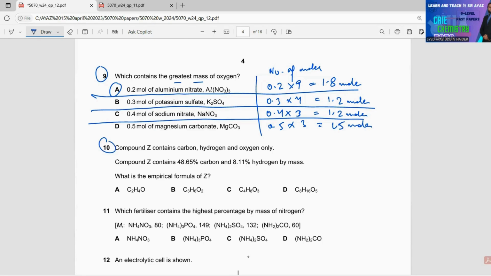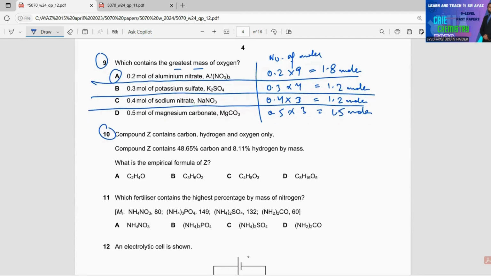Number 10. Compound Z contains carbon, hydrogen, and oxygen only. Compound Z contains 48.65% carbon and 8.11% hydrogen by mass. What is the empirical formula of Z? Now, this compound contains carbon, hydrogen, and oxygen. The mass percentage of oxygen is missing here. So, for carbon, we have 48.65%. For hydrogen, it's 8.11%. For oxygen,